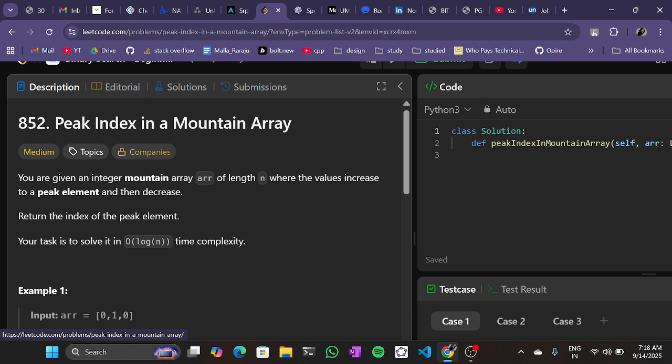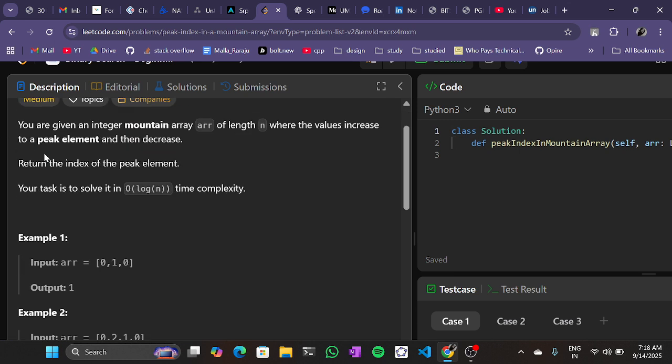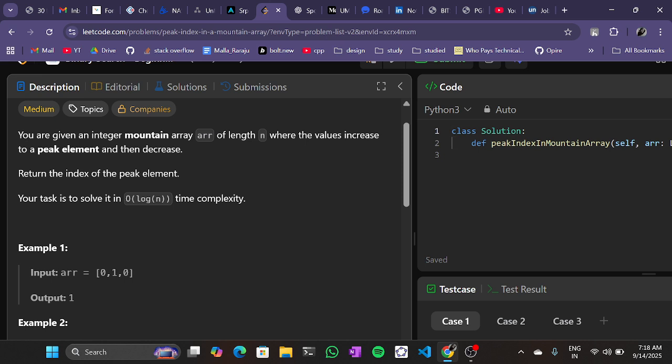So let's go. LeetCode 852, Peak Index in a Mountain Array. The formal statement goes like this: you are given an integer mountain array named arr of length n, where the values increase to the peak element and then decrease. Return the index of the peak element. Your task is to solve it in